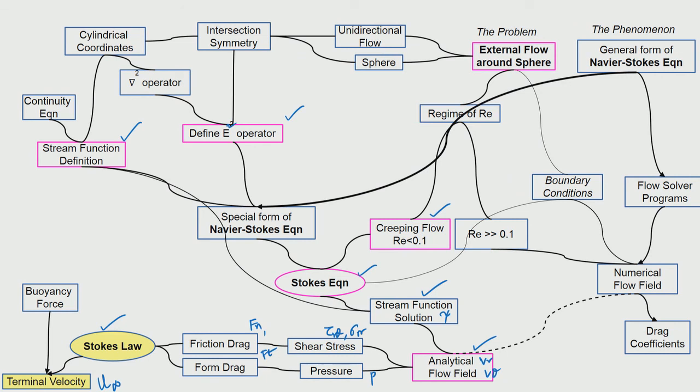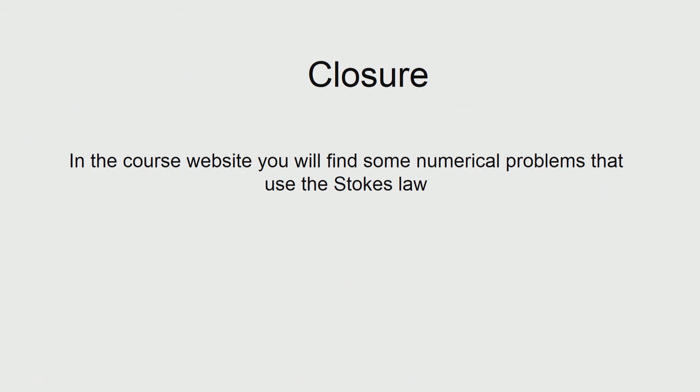So like this we are able to now cover the entire problem in the complete depth that we need, and in the sample problems in the course website you will have some numerical problems given where we are going to apply the Stokes law. So these are actually of very high importance in the extractive metallurgy problems. So to know how these equations came about and which analytical solutions made these possible is important, and I hope this session would have clarified the entire process of arriving at that.